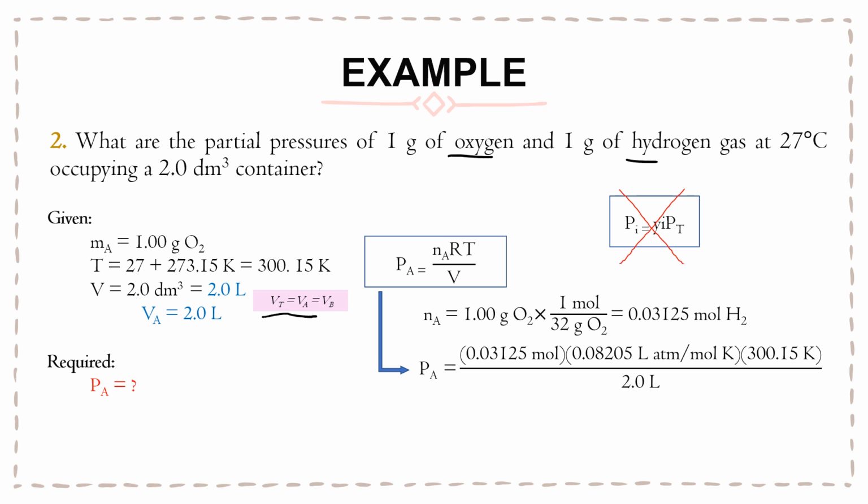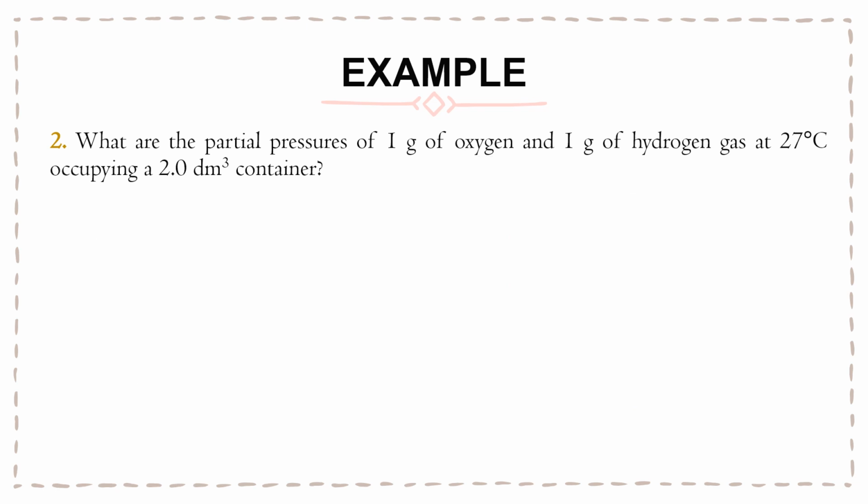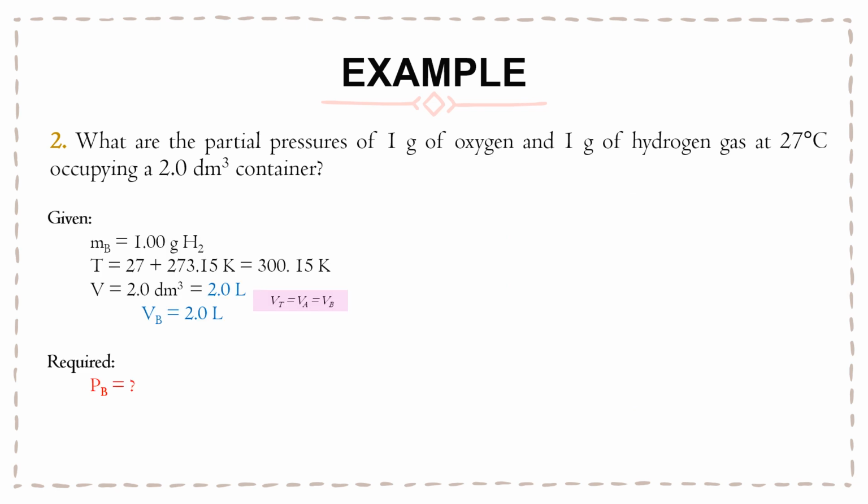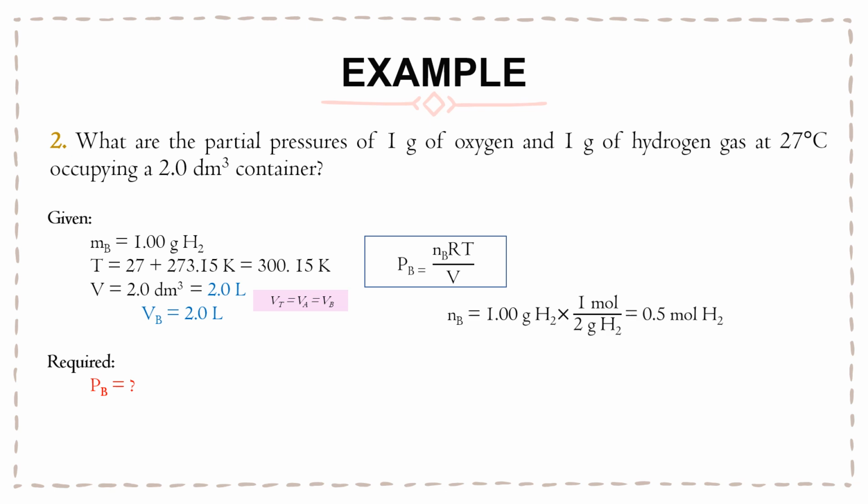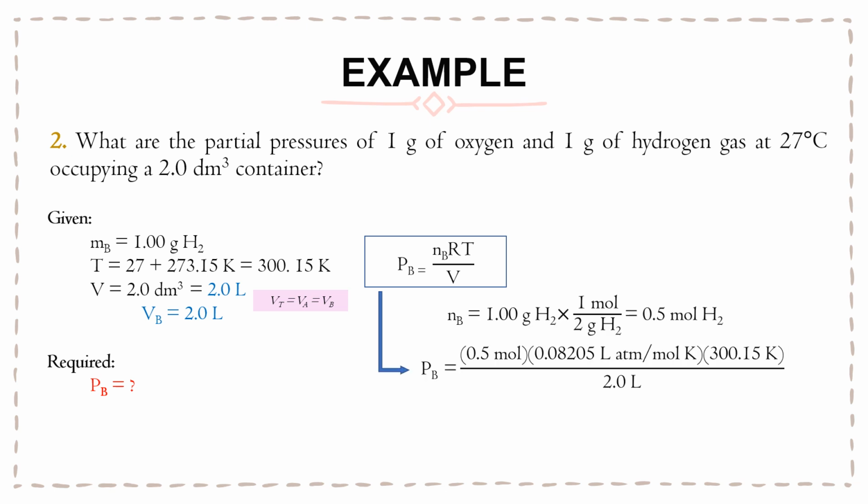Substituting that, we have partial pressure of A, okay, of the hydrogen, that's equal to 0.385 atm. Okay, so how about the partial pressure for oxygen? So the same. Okay, let's get the moles muna and then substitute it to our equation, and then we have our answer, 6.16 atm. Okay,